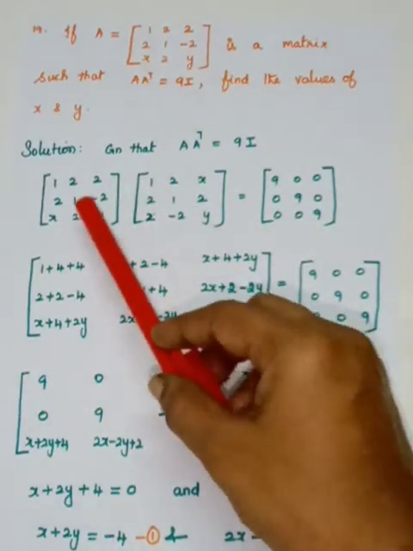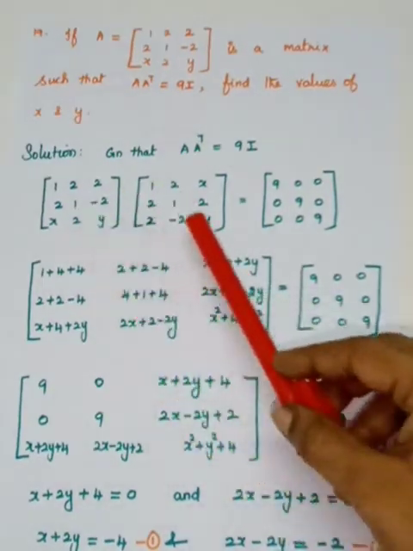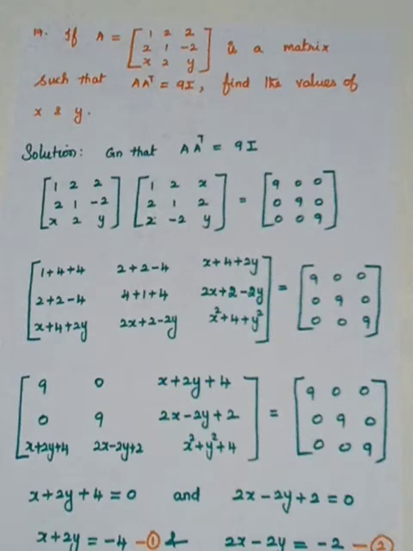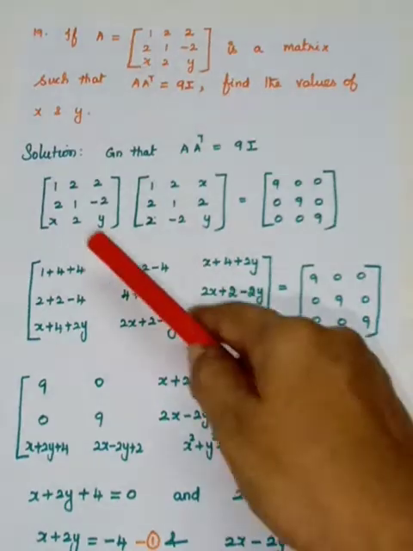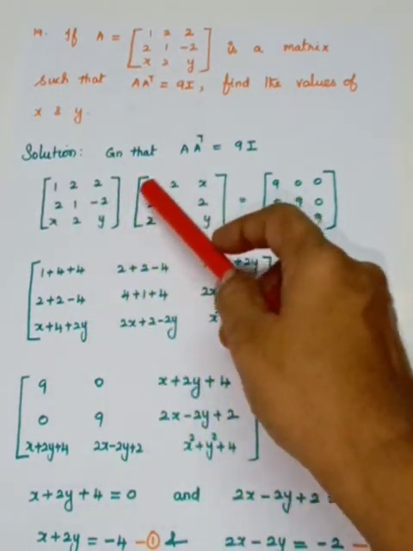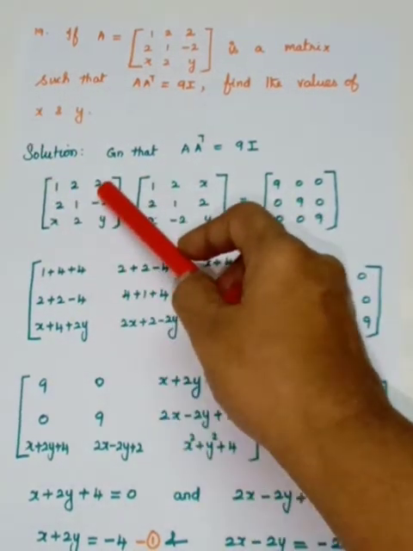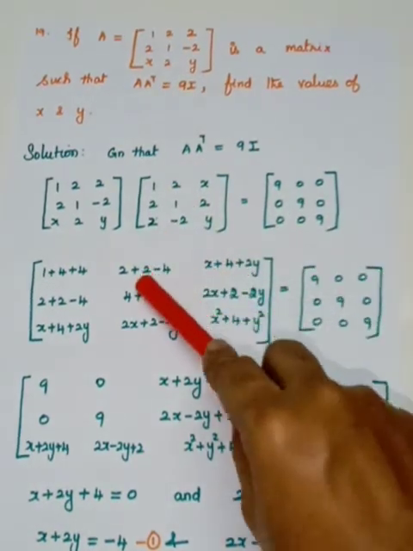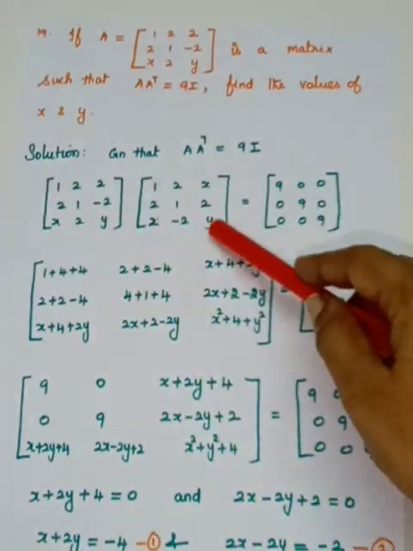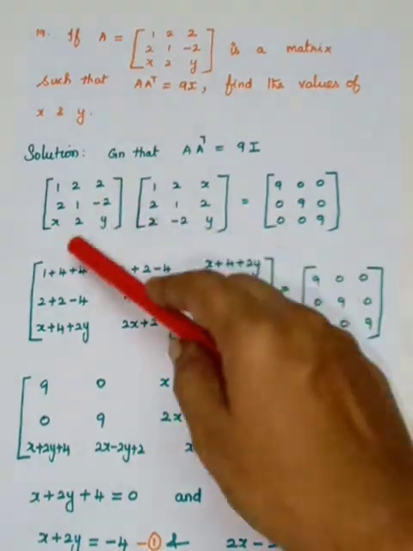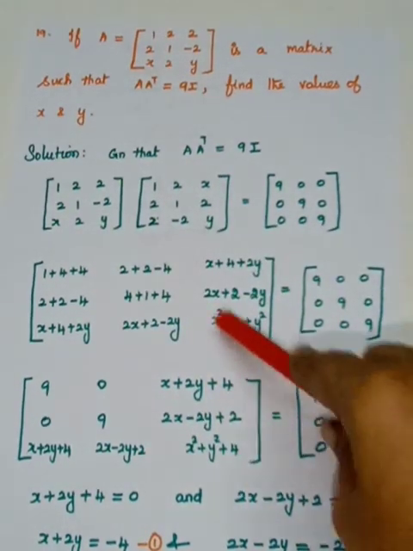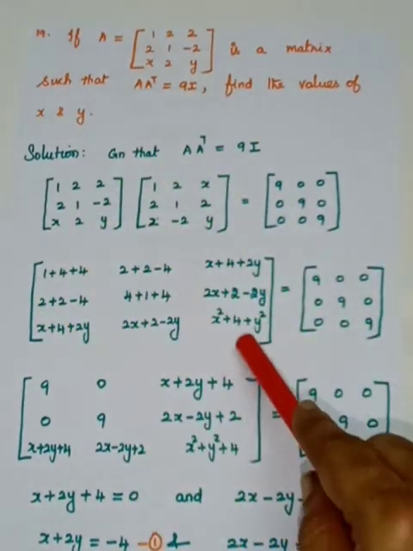So you have to multiply these two matrices. Both orders are the same, so that rule has to be satisfied. What rule? The number of columns of the first matrix should be equal to the number of rows of the second matrix, if the orders are the same. So if you multiply, take the first row, first column. Take the first row, second column. It is written here. First row, third column. It is written. In the same way, we have to multiply these two matrices. You will get this answer.